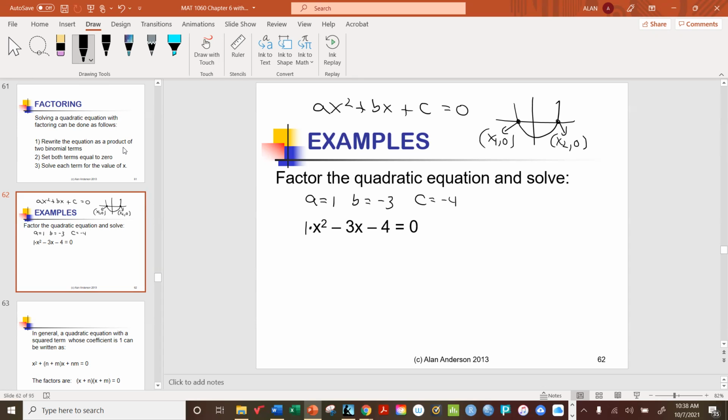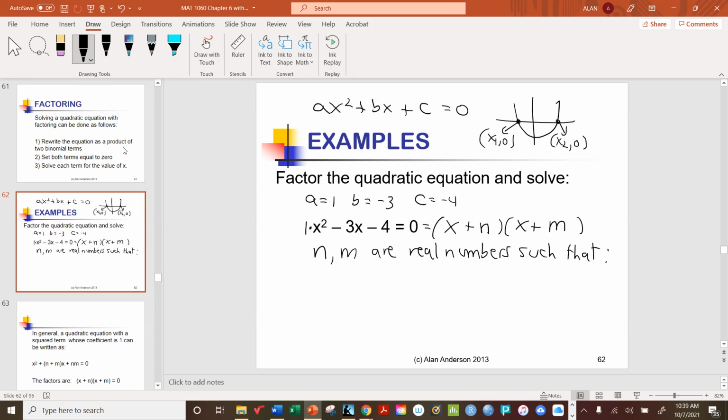Now, for factoring, these letters don't really matter, but what does matter is that when you have a equals 1, the factoring is fairly straightforward because the first term in each binomial expression is guaranteed to be x. So we can focus all of our attention on the 2 constants that we need. Let's just arbitrarily call them n and m. So n and m are real numbers such that,